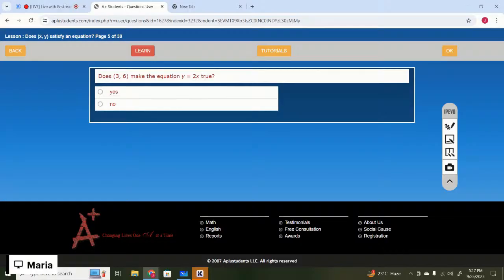Does the point (3, 6) satisfy the equation y equals 3x, and y equals 6 and